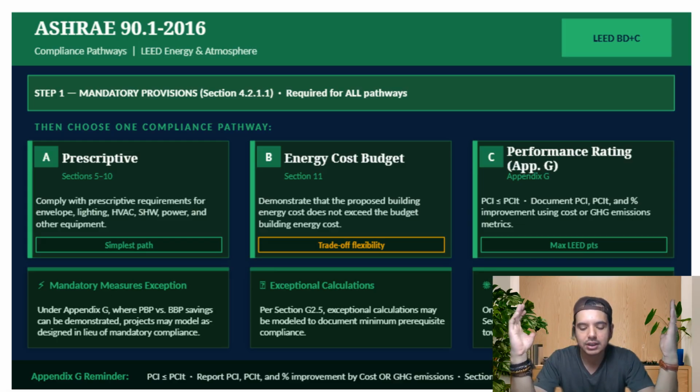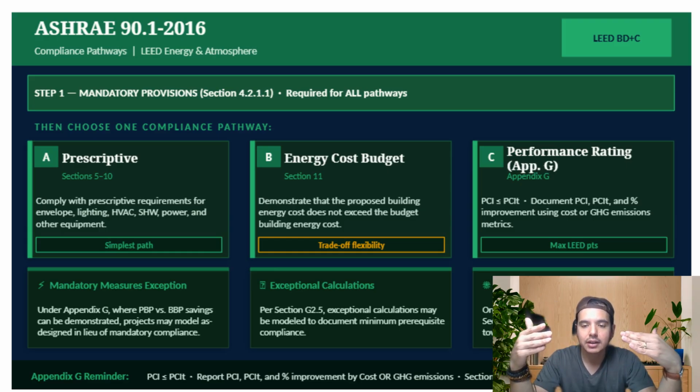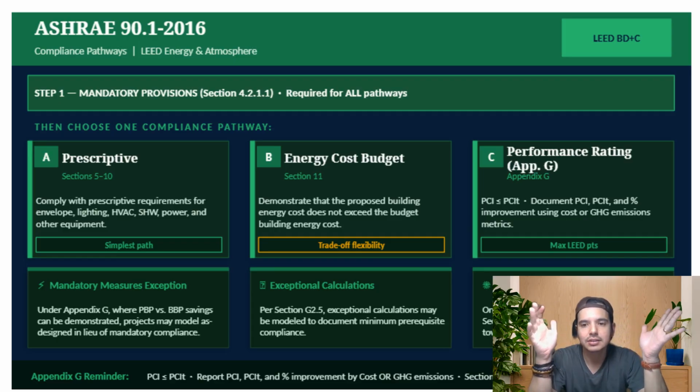It is what most of the LEED projects use, which is we look at two different metrics, or KPIs. One of those is the Performance Cost Index, PCI. That is the score of my building itself. And the other one is the Performance Cost Index Target, PCIT, what I want to get. So what is the passing grade, right? And the rule is basically, to pass, my PCI has to be greater or equal than my PCIT,